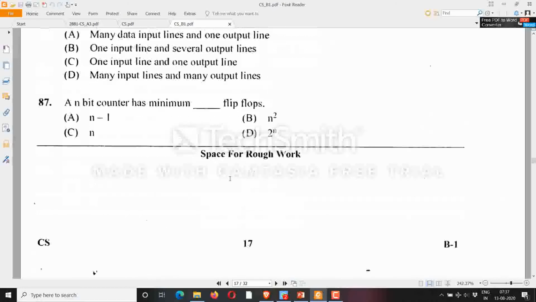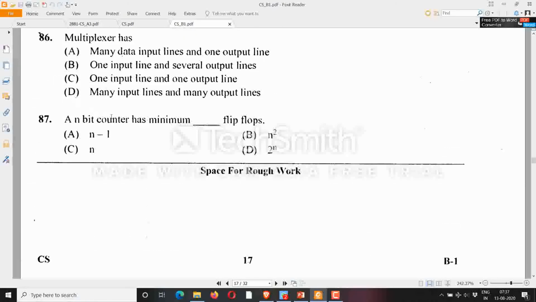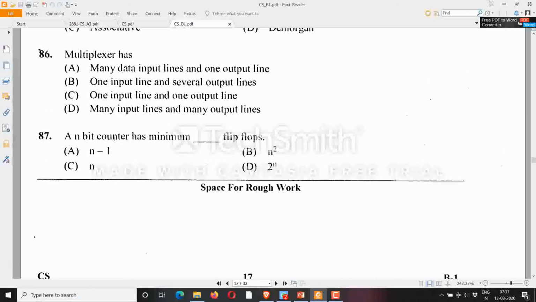And here they have taken the counter and flip-flops also. So what is a flip-flop? A flip-flop is a 1-bit memory element which can store either 0 or 1. What is a counter? Counter is the application of the flip-flop. If we cascade the flip-flops, then it becomes a counter. One flip-flop can have 2 states, so 2 to the power 1 states are available for one flip-flop. Similarly, if I have 2 flip-flops, then I can have 2 to the power 2, that is 4 states.